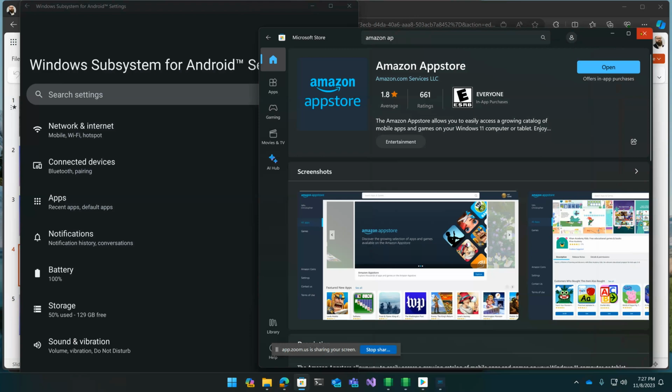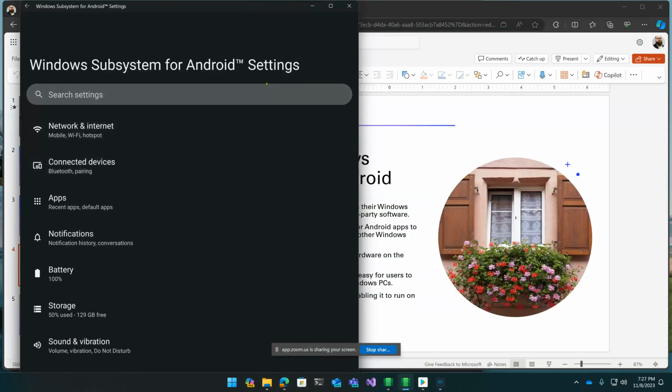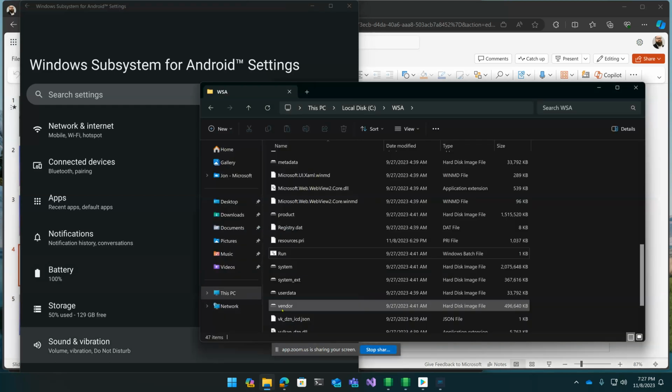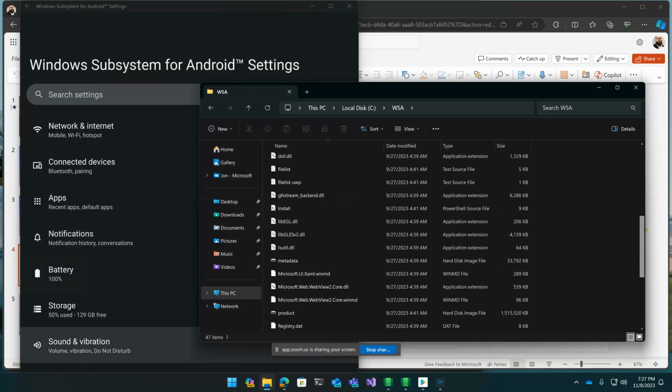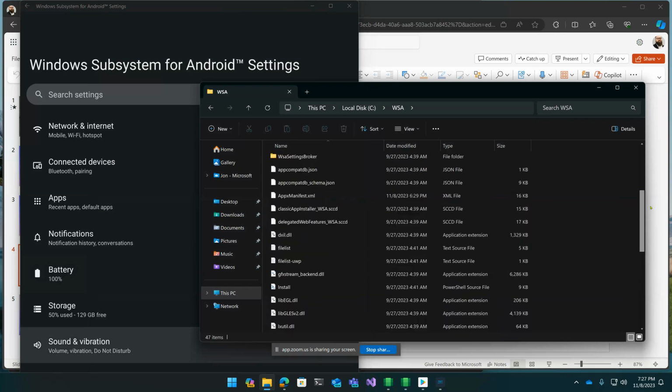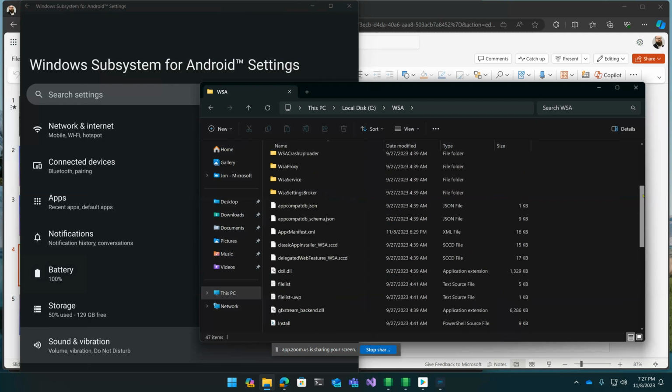If you do a little bit of web searching, you can also find GitHub repos that allow you to download a full bundle of Windows Subsystem for Android, and includes additional things like super user access and additional app stores, as you can see.